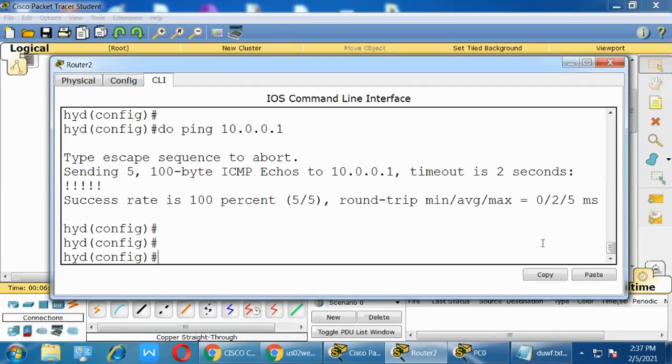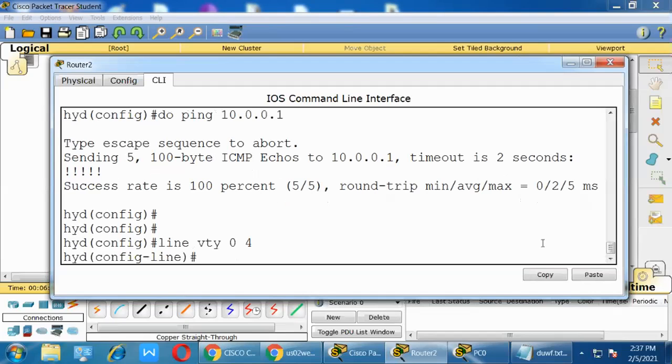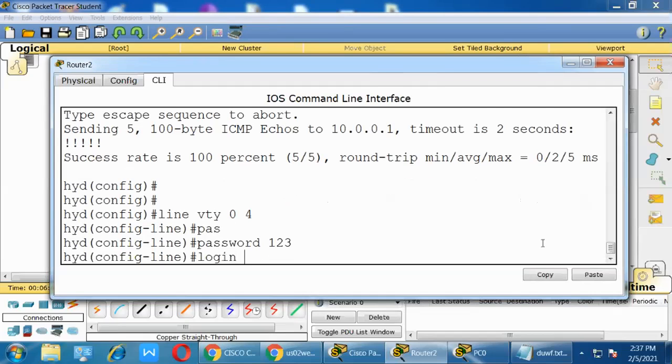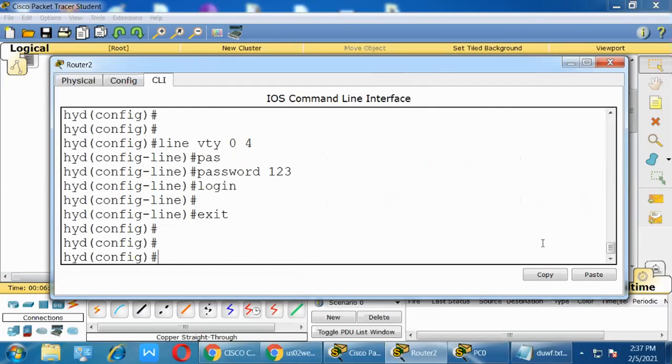So I need to configure line vty 0 4. These are the lines, and password I'm giving 123. Which purpose? Login purpose. And exit. Clear. So this password I configured.